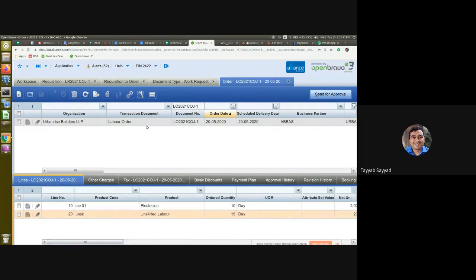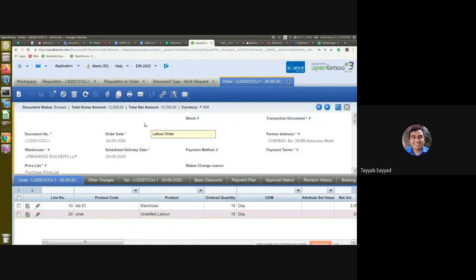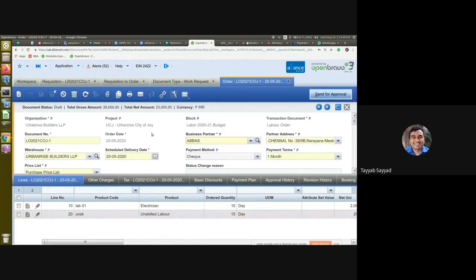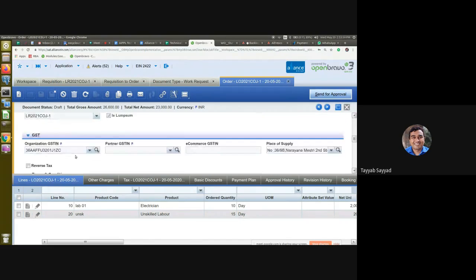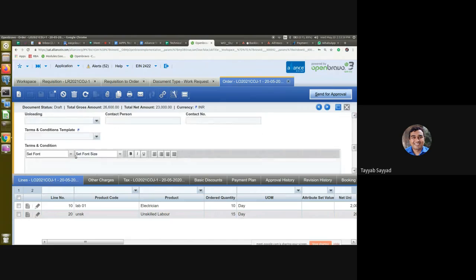Okay, so this will be the labor order. For the labor order also, all the request numbers and everything will be there. If at all we need some terms and conditions, we can put them in this one.